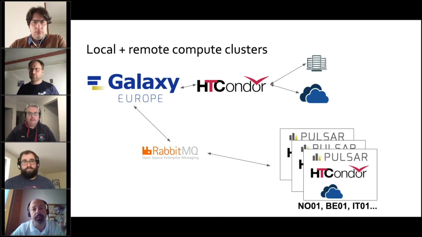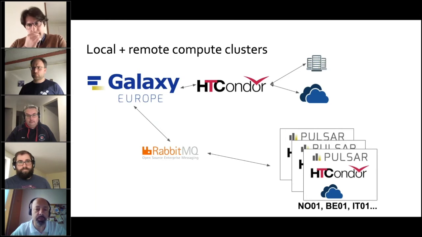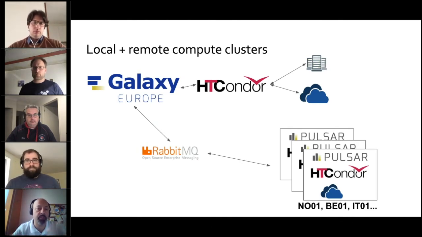But instead, to reach the remote Pulsar sites, Galaxy uses a queue messaging system, a RabbitMQ server. In this way, Galaxy doesn't need to reach the remote site directly. This configuration has two main advantages. The first one is that the remote Pulsar site doesn't need to have any open ports to the external network,